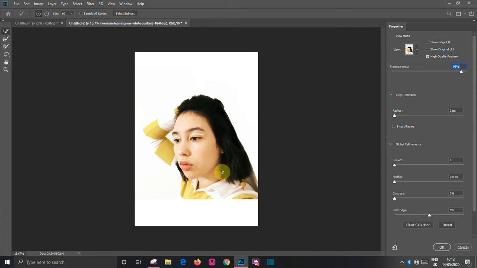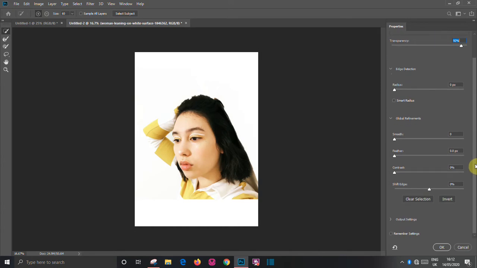So what we're going to do next is just click OK. Okay, so there are a bunch of settings here. I'm going to talk about them right now, but it depends on the image you're working with. For this kind of image, it's just straight up, so you don't really need to work with all this stuff here. If you click on the feathering now, you see what it's doing to it. Basically in this image we don't need all these controls right now, so I'm just going to hit OK,